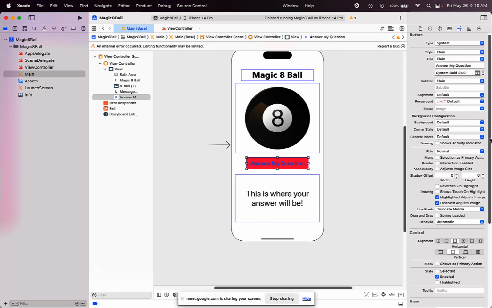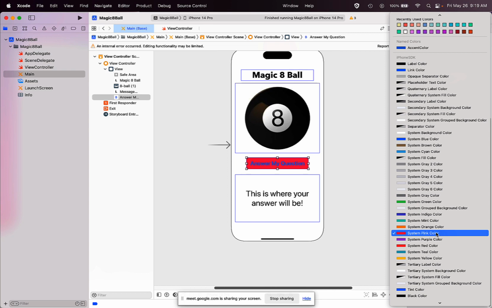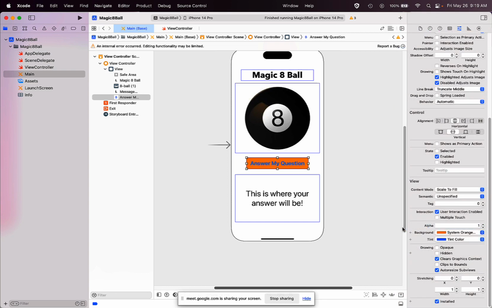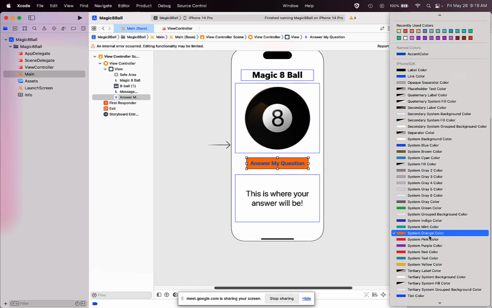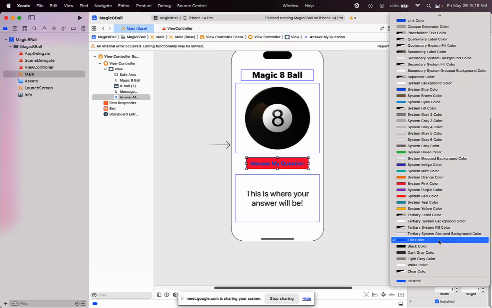And I'm going to scroll down further in the inspector panel over here. Here's my background again. So if you wanted to have a different color button than that red, you could certainly change that to another color there, and then blue won't be a problem for you. I kind of like the red. You can choose whatever color you like, but blue text on a red button creates kind of a weird effect